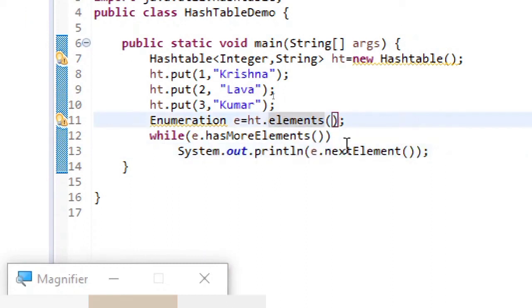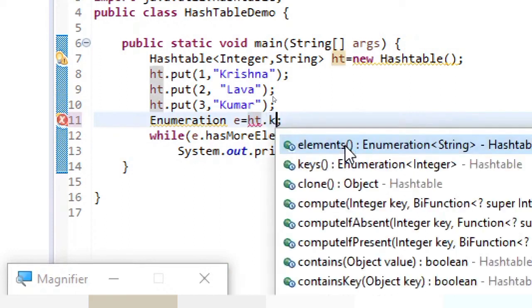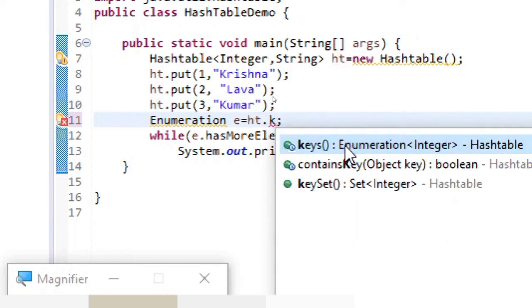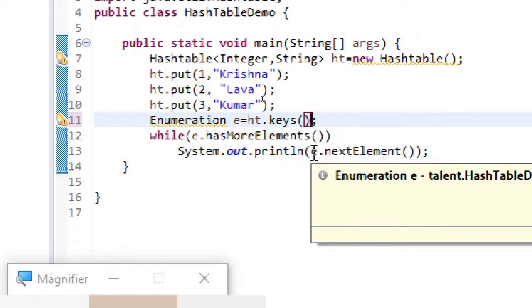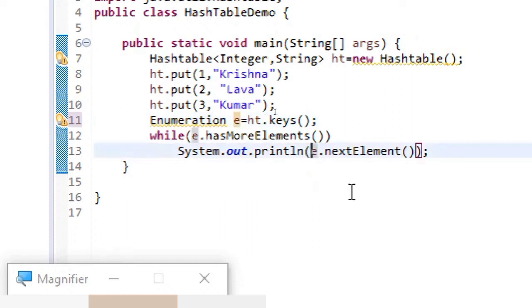So for that, instead of using the regular style of saying elements, you have another method. Here you can see keys, you have another method keys. You can just use these keys, and now it is iterating over keys, so what you can do is say e dot next element, which will be the key, plus you can have some separator, whatever separator you want, plus